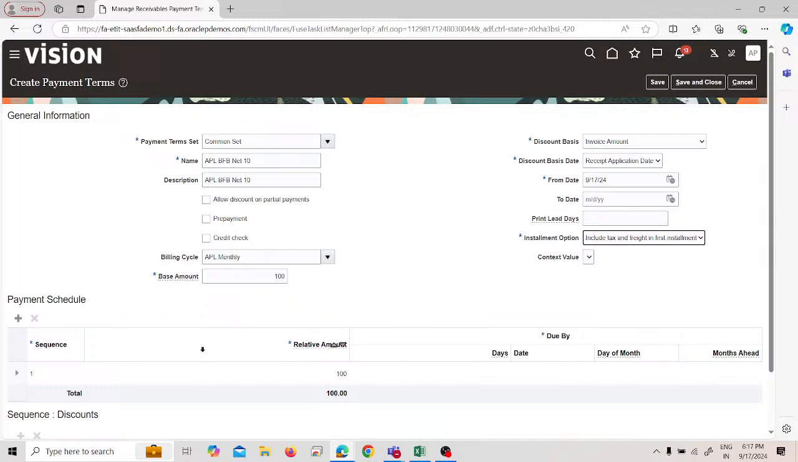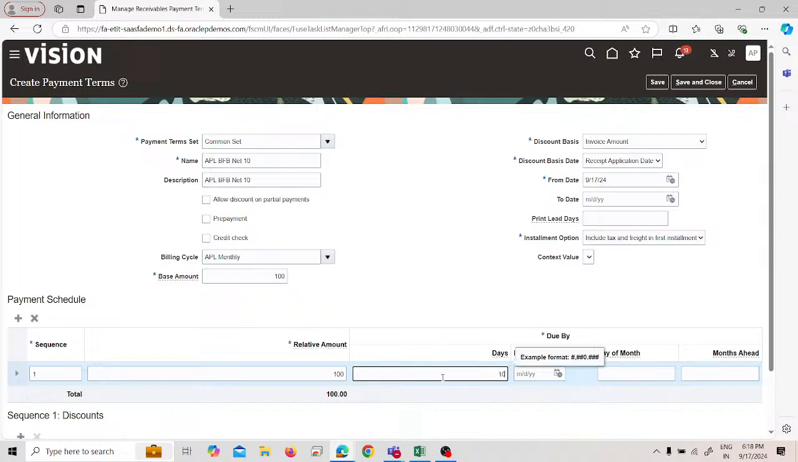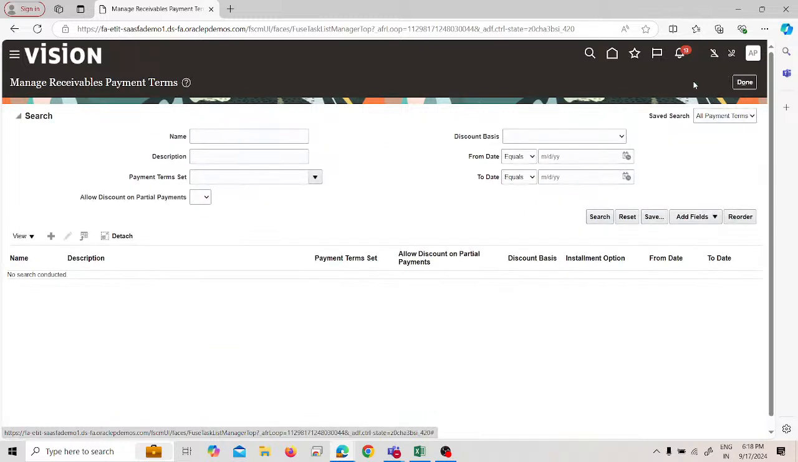So we have been schedule. So after just clicking that, the payment schedule will come up here. So in this payment schedule, we have to give the days on when. So we are using the BFB net 10, so we will just give the 10 days. After that we'll start it. So we save and close. So this is how we can create the payment terms, as we all know how to create payment terms